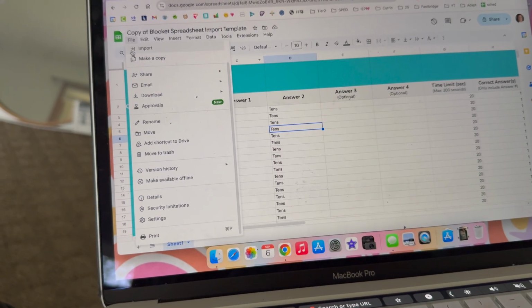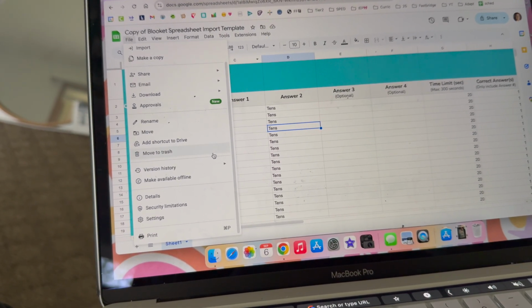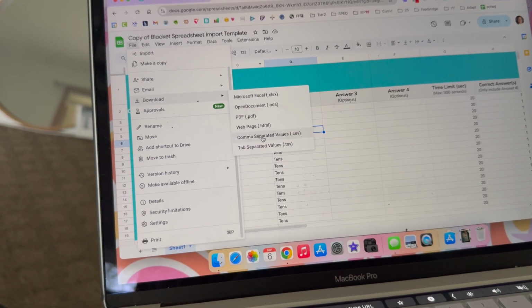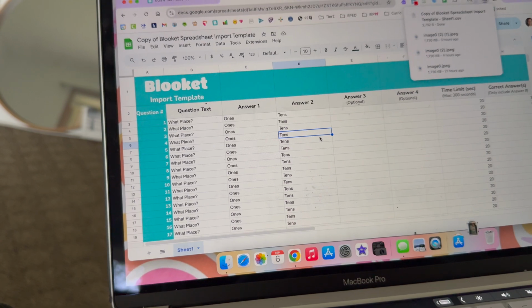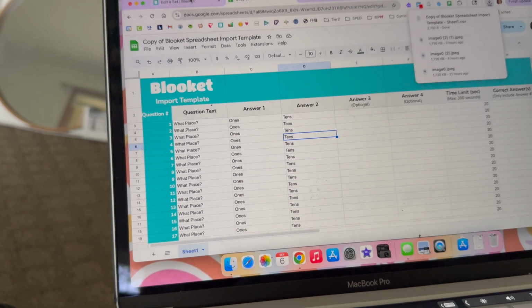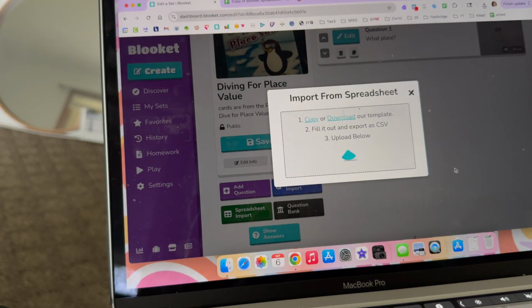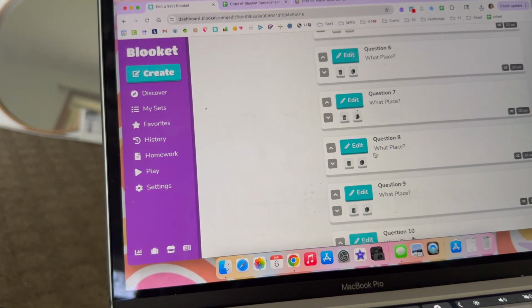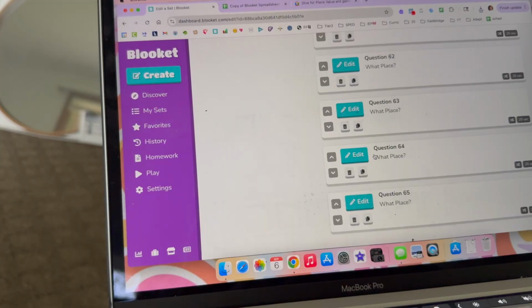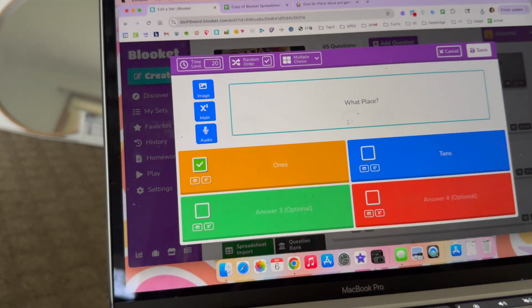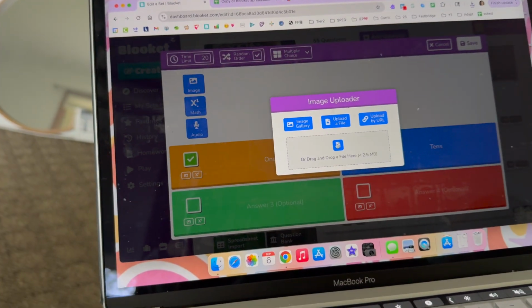File, let's see, download, CSV, comma separated values. That's what that stands for. And then there it is. Upload. So then every single one of those questions is already asking what place. Now all I have to do is click edit, add my picture,